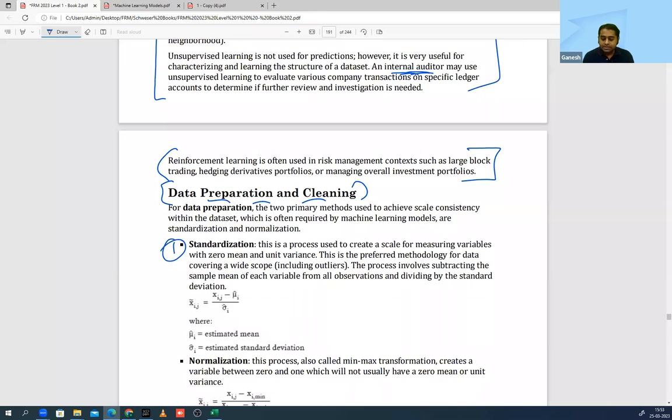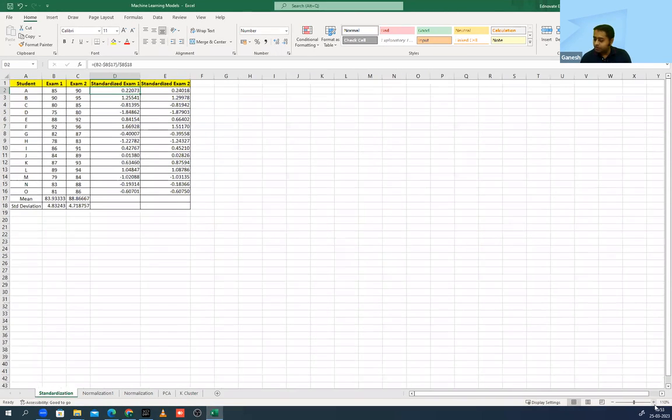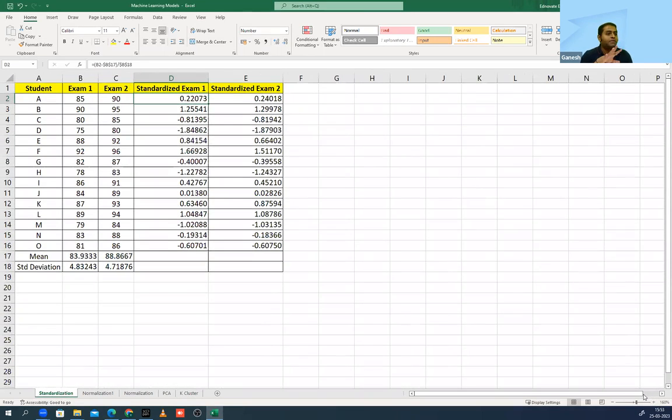First approach is standardization. Okay, this is nothing but scaling the data. We'll look at the example also. For this, we'll have to look at the example over here. I'm just going to zoom in. There is a formula which is given in the book also. It's a very simple formula, don't worry about it. Suppose I have information about 10 students, and they have certain scores in the exam. The first step I'll do is find the average and the standard deviation of each exam. Okay, I'm doing the standardization process.